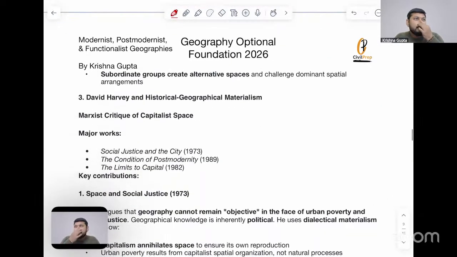आप भी देख सकते हैं, आपके पास में कहीं एक खाली प्लॉट होगा, वो प्लॉट किसी और का है, वहां पे आके कोई और कुछ काम कर रहा है. So this will result into conflict. फिर वहां पे कुछ इश्यूज हो गया, अगर कुछ असोशल एक्टिविटी हो रही है, so this will result into other issues again. So the subordinate groups create alternative spaces and challenge dominant spatial arrangements in those particular regions.